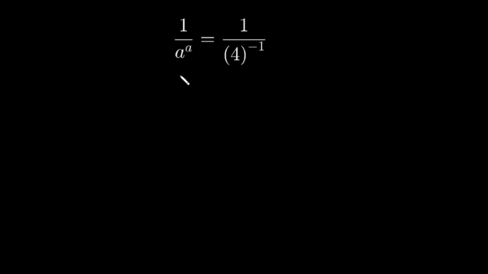Hello everyone. In this lecture, we are going to solve this given exponential equation to find the value of a. Our equation is 1 over a raised to the power a is equal to 1 over 4 raised to the power minus 1. When I see the left hand side of this equation, this can be written as a raised